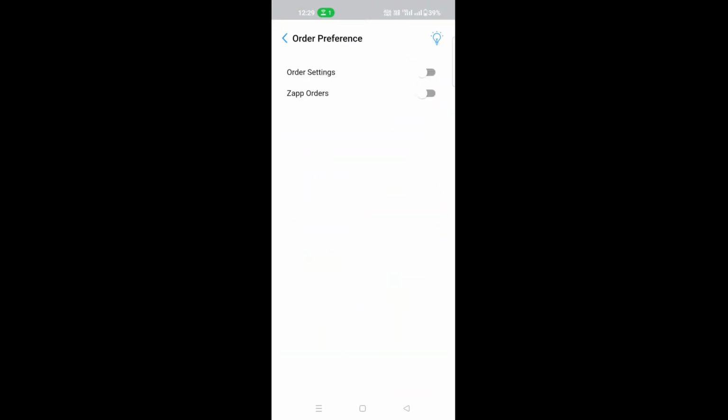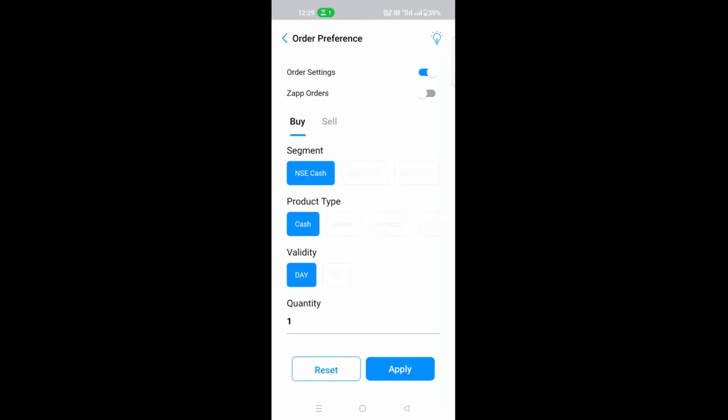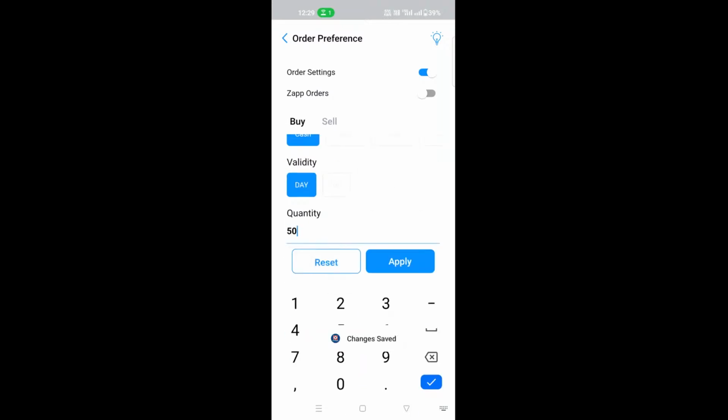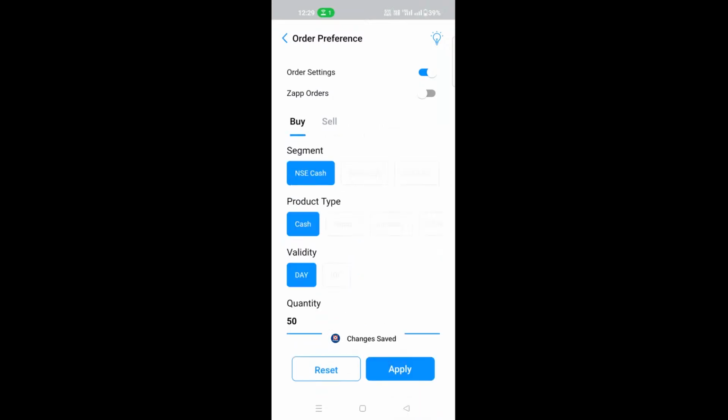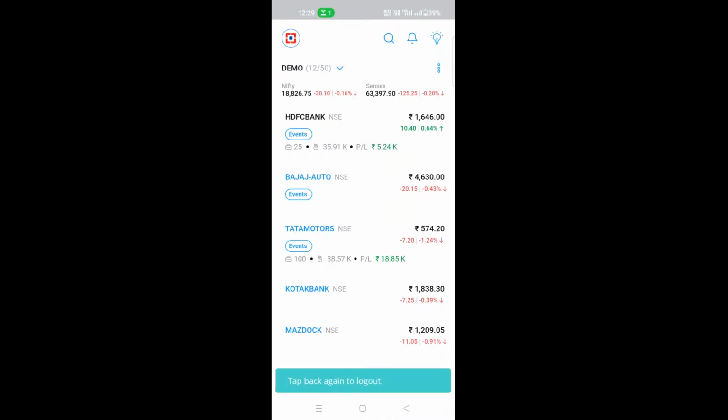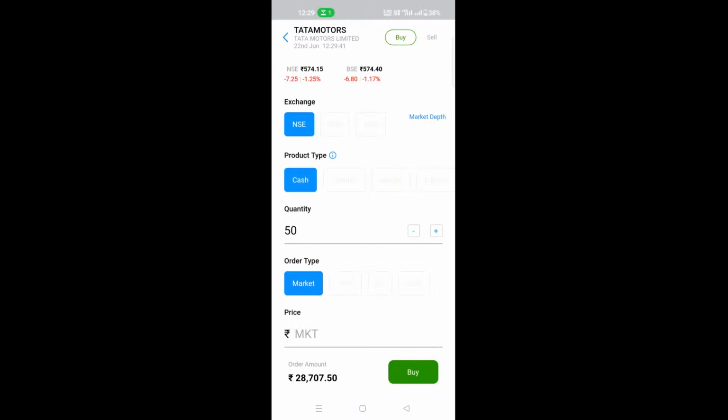The orders setting is a very important one, especially for traders who are looking for speed. Once I customize my orders, I can decide. Generally, I play on, let's say, NSE cash, and generally I play on 50 quantity. I'll show you what happens. Next time onwards, if I just open the order entry for any stock, it will give me everything